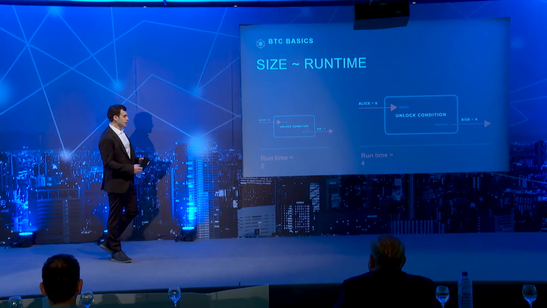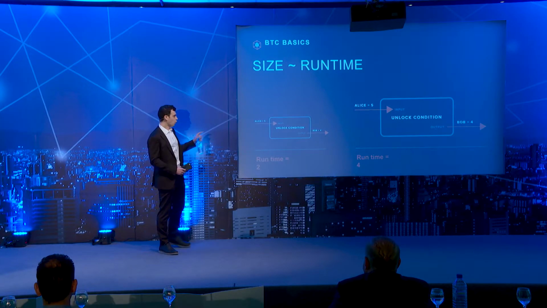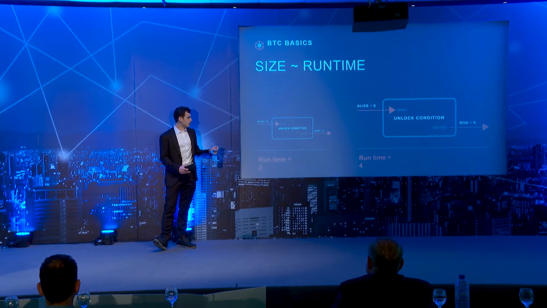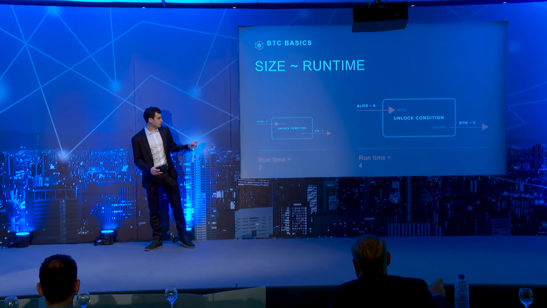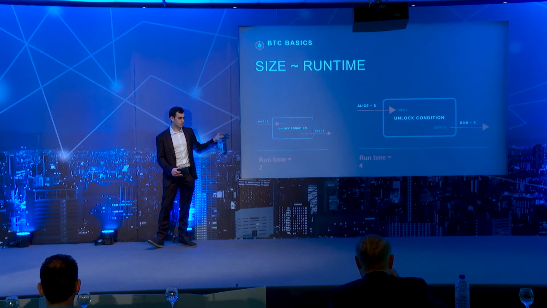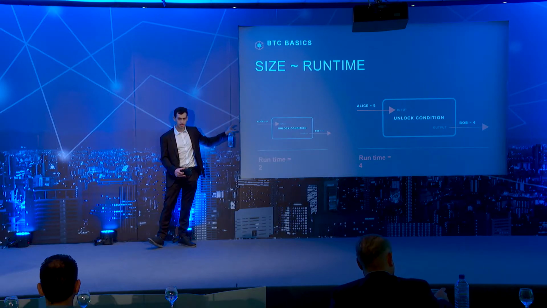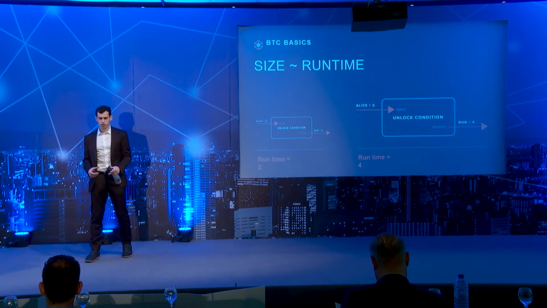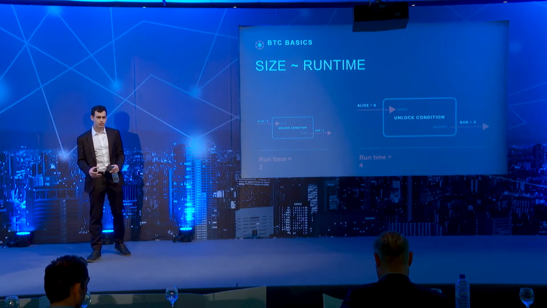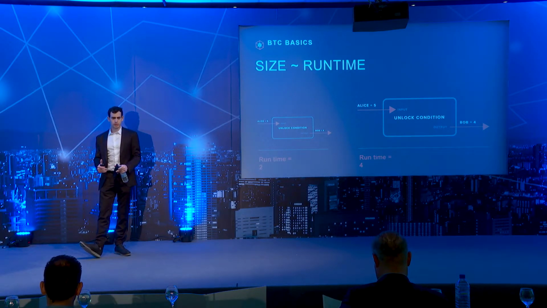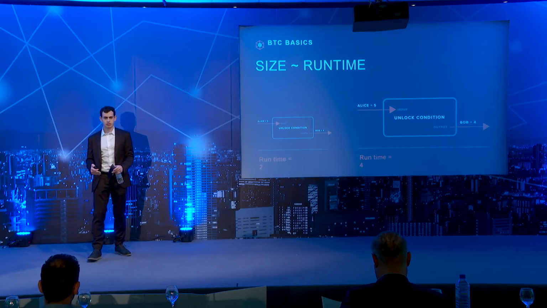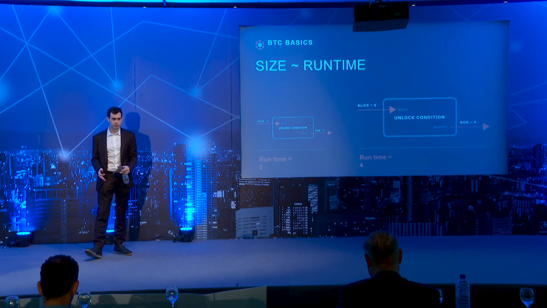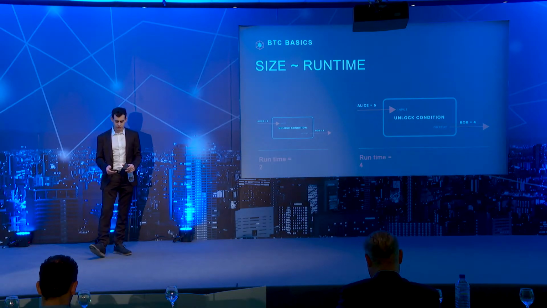Now, because every Bitcoin transaction essentially holds its own software program in it, you can essentially see the size of the software program by looking at the size of the transaction. And because Bitcoin doesn't have things like loops and recursion, you have a good estimation from the size of the transaction of how complex it's going to be for miners to validate that transaction. So you have a linear relationship between complexity and size of transactions.